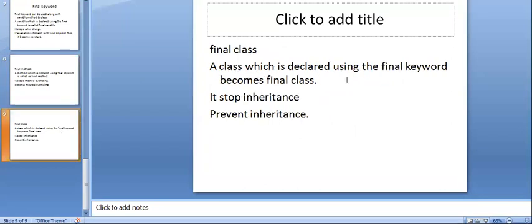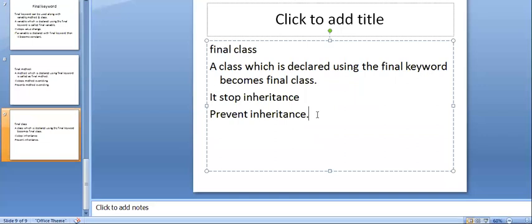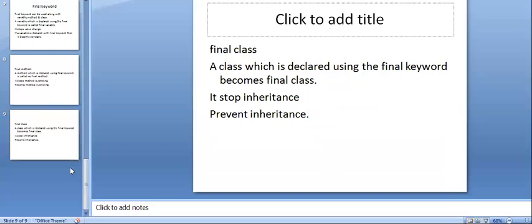A class declared using the final keyword becomes a final class; it prevents inheritance. When it comes to the final keyword, it restricts three things: changing of value, method overriding, and inheritance.